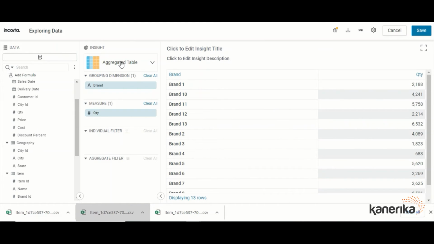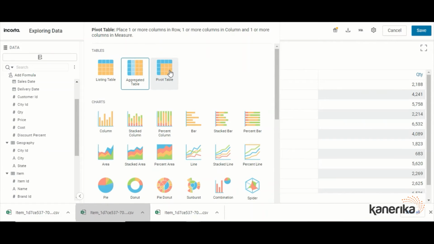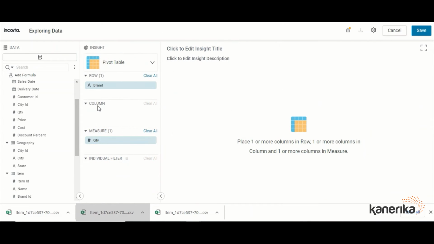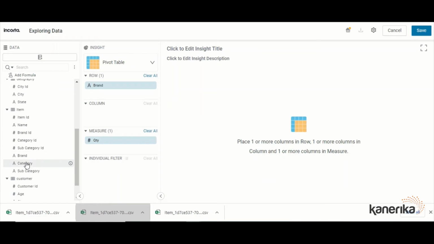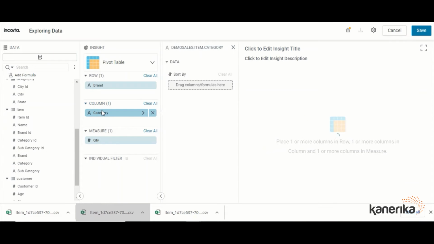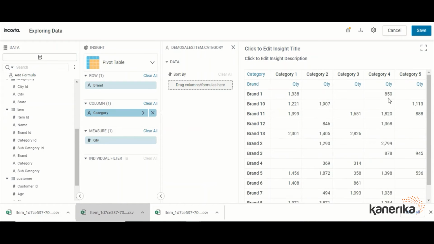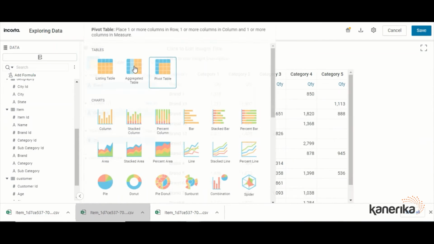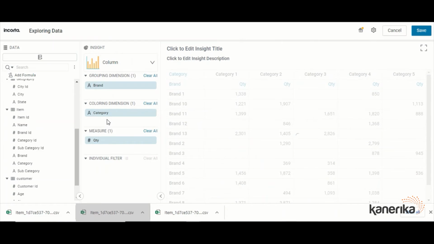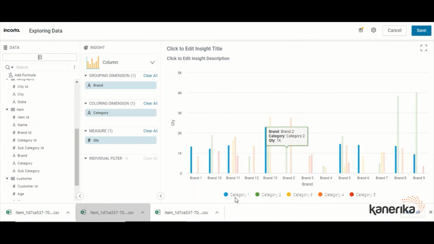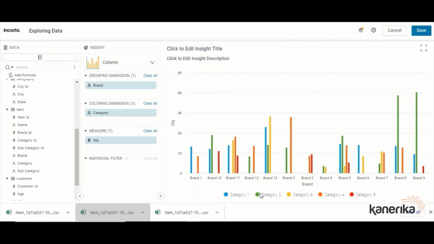Now that is the aggregate table. What other options do I have? I have a pivot table which should do a similar kind of thing, but I need a column out here. So I can put a category out here, and every table will have some kind of requirement. Those requirements you have to fulfill. Now I'm going to change it to, let's say, a column chart. And you can see because I have used a column also with this one, it has actually become a clustered column kind of